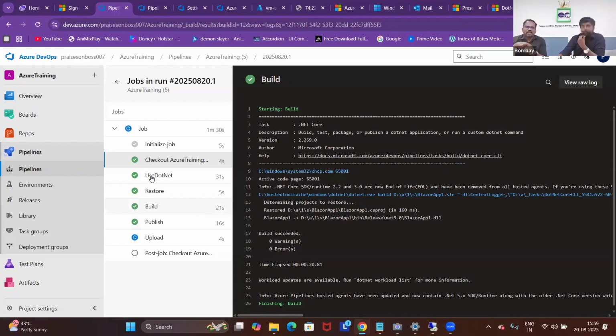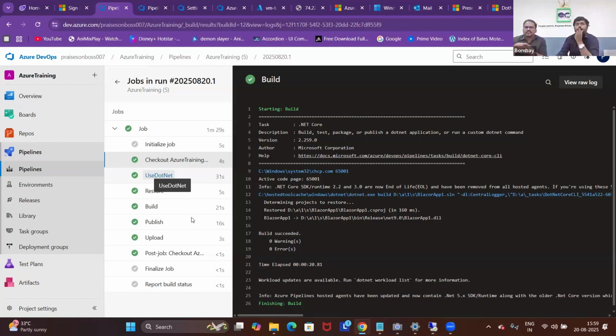Because in certain cases, some projects may have a dependency on third-party packages or NuGet packages. So Azure also helps us in a way that we'll be able to inject that task. I think we have a task to reference the NuGet package manager, using which we'll be able to resolve a particular package reference for the build pipeline. Yeah, this is the restore command,